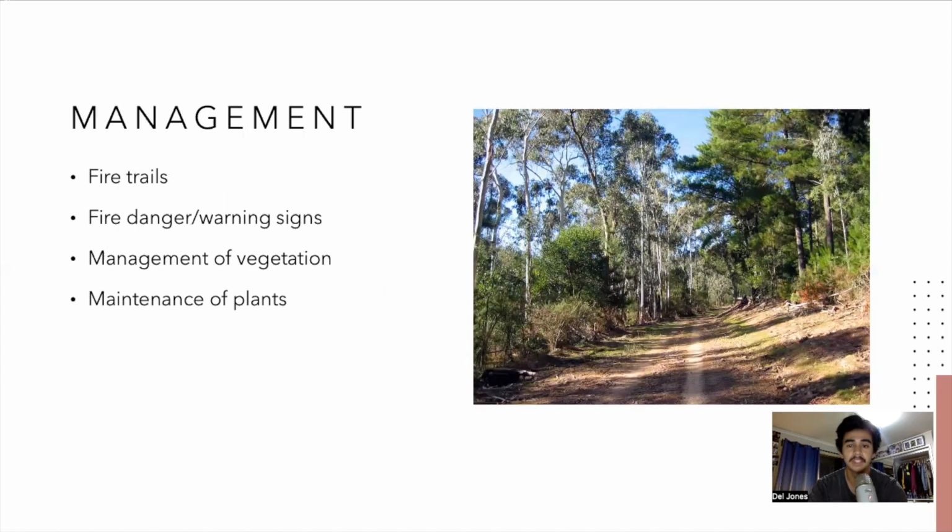Learning about bushfires and how best to manage them is an incredibly important base of knowledge for students and adolescents to grasp, particularly for students in Ferny Grove, many of whom live in forested areas like Sanford, Debra, or Bunyaville. Students will learn about fire trails, fire warning signs, the management of vegetation, and the maintenance of plants. We will also discuss the adverse effect the weather has on bushfires, as well as the development of management and evacuation plans.